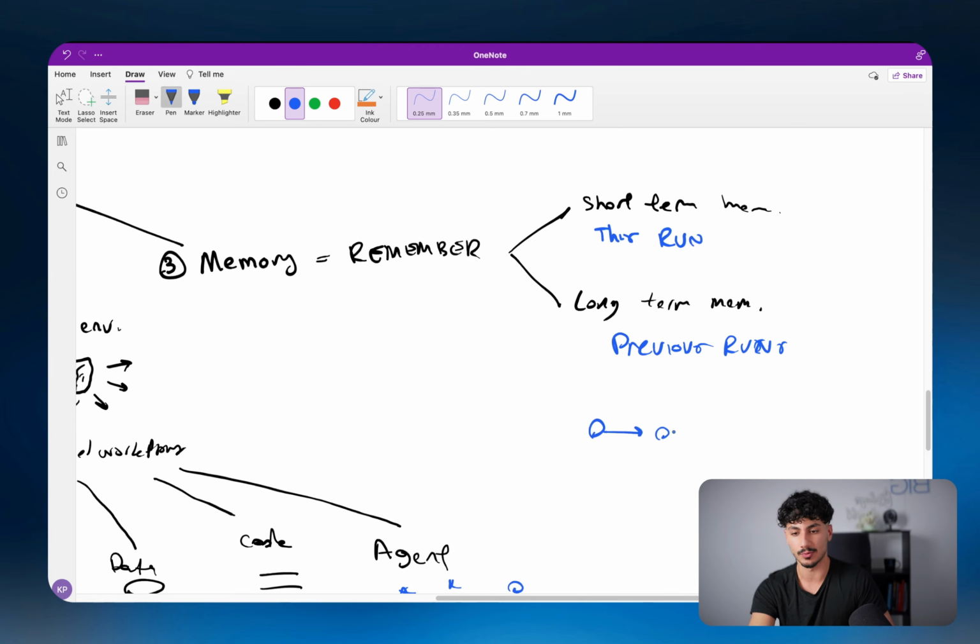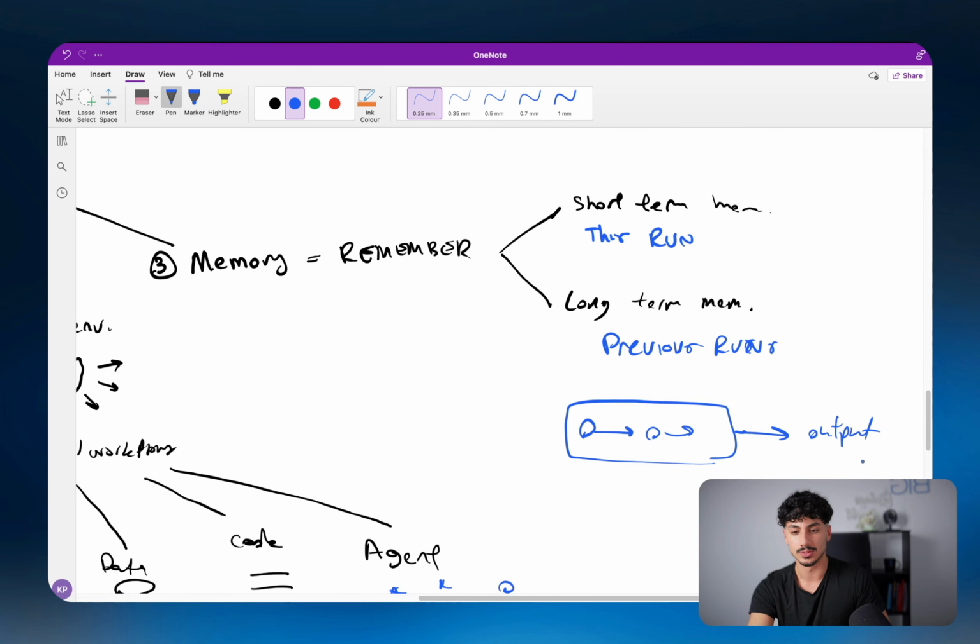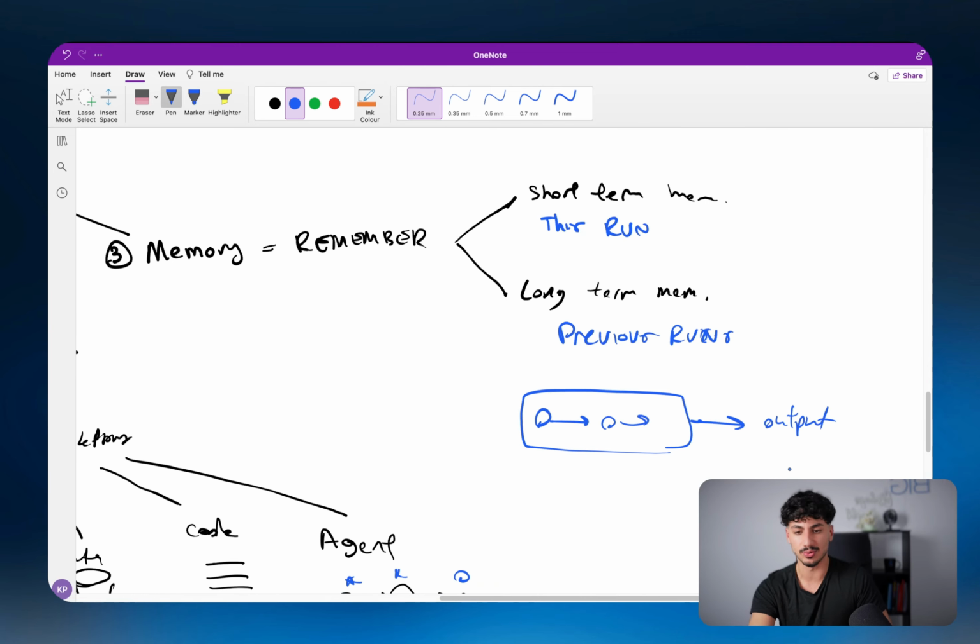So let's say it ran whatever workflow it had and it gave out the output, right? Someone came and said, okay, well, this output was like 80% good and 20% bad, and this 20% bad was because of XYZ reason, right? And then they fed this back into the model, or they told the model the feedback about how it operated, right? And then the model remembers this in its long-term memory.